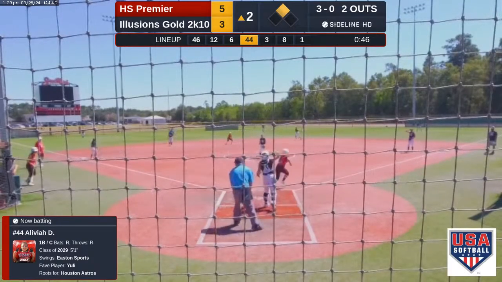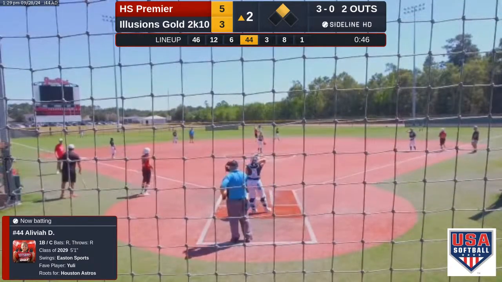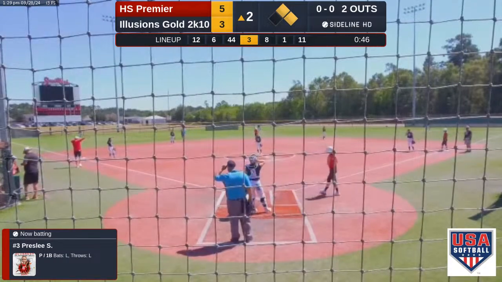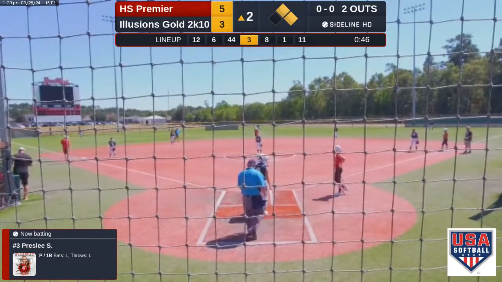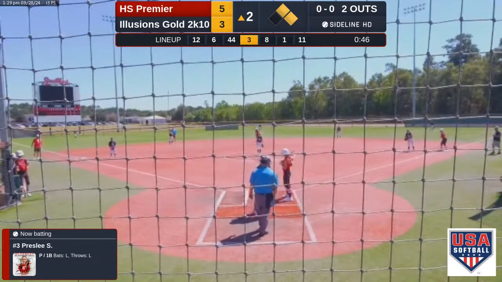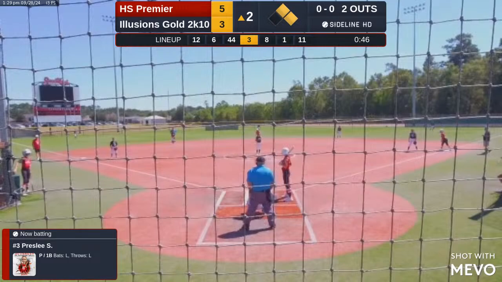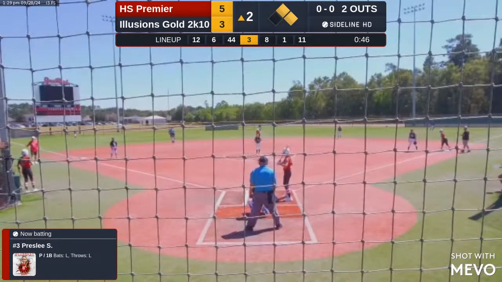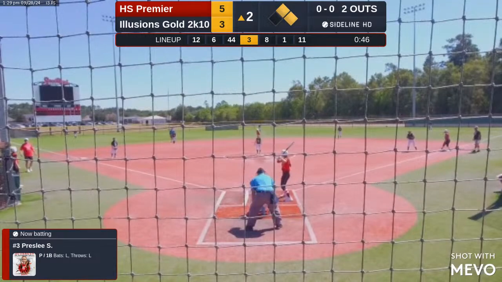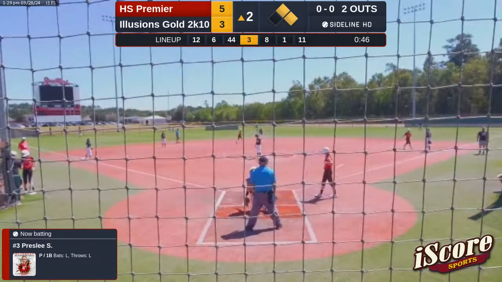Pitch is up, ball 4. So Presley Sandell is going to be your hitter here. She drove one in her last at bat in the center field. Single into center field. This time she's got 2 runners on. Kinsley at second. A-Liv over at first. And the Hotshots do have a 2-run lead. Pitch is called strike 1.